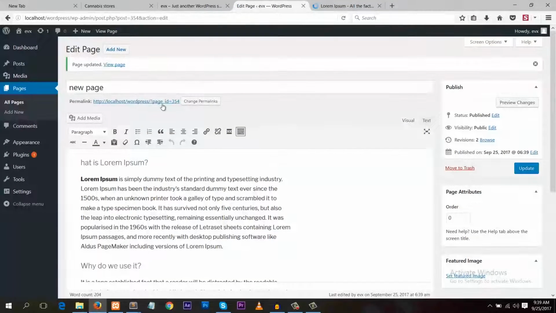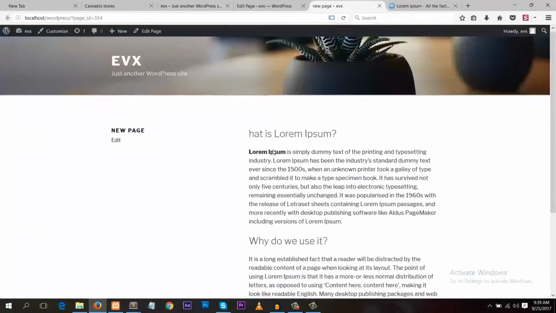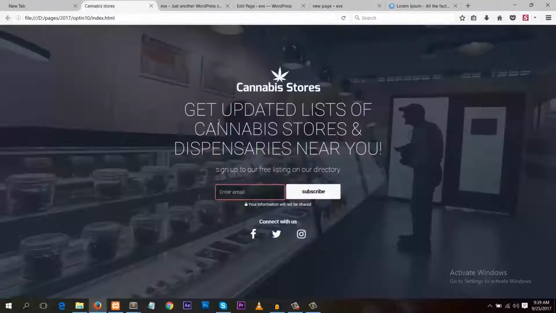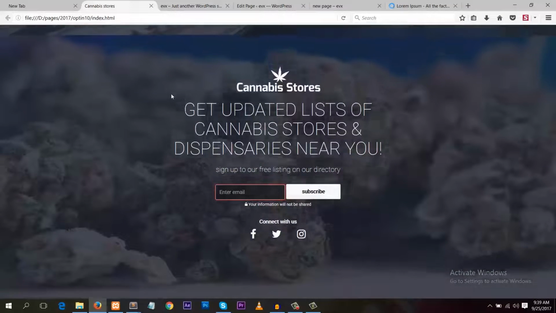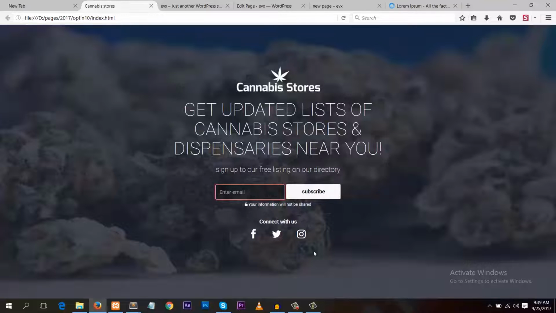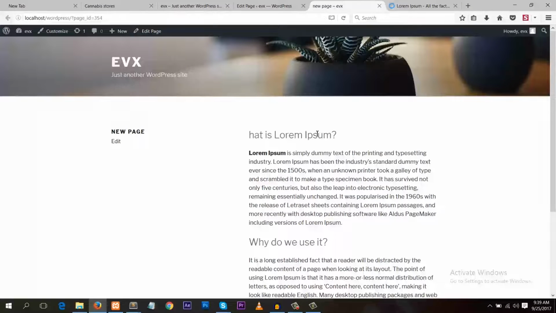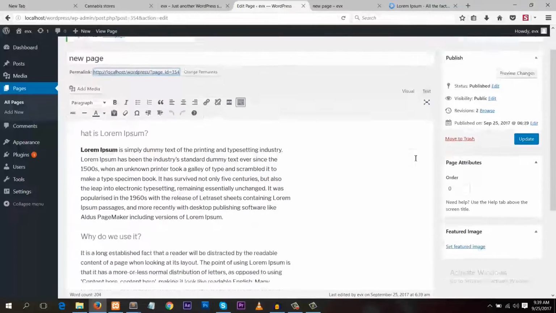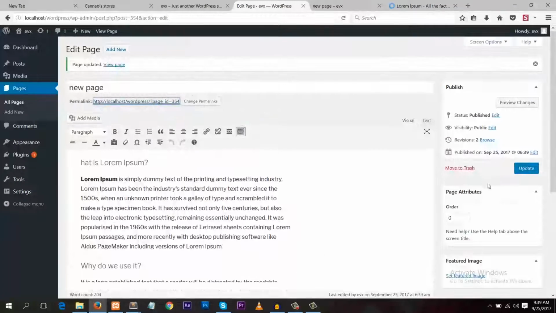Now let's go to preview, and we have this. This is how the page looks by default, but we want to change it to something like this. Of course, obviously I'll be removing this text and replacing it with this, so that we make it look exactly like this. And so now if we go to the page, you see we don't have any page attributes for